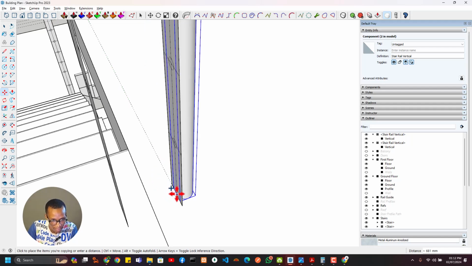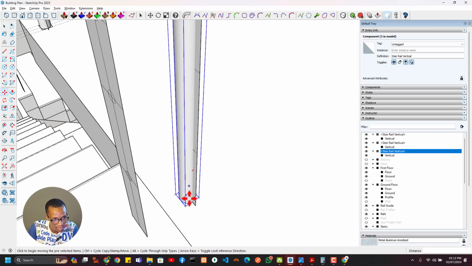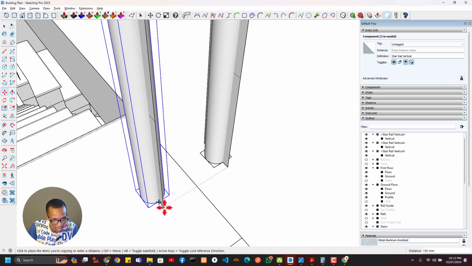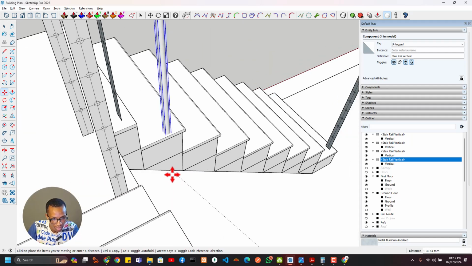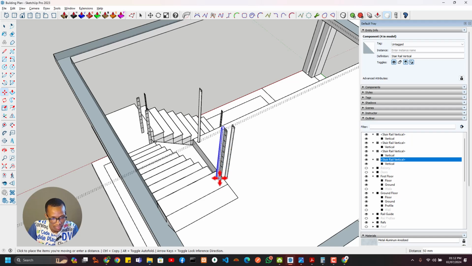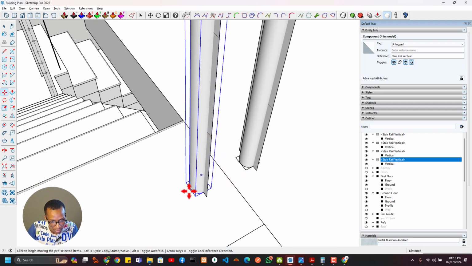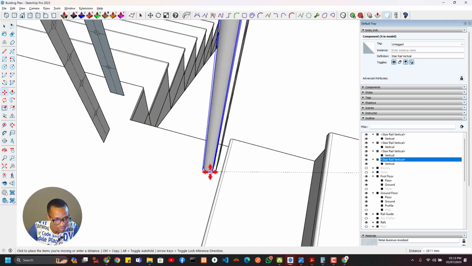All right. Then I take again that junction, just placing it at that very point,